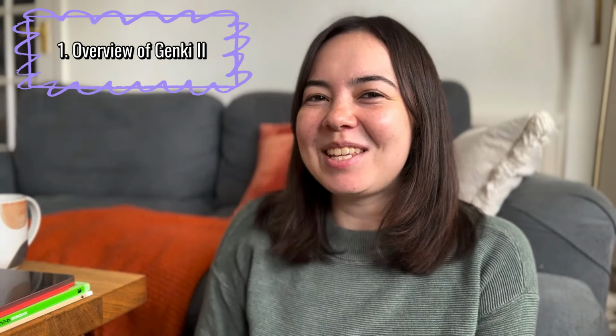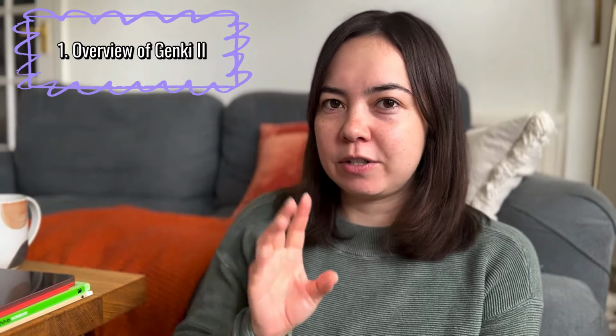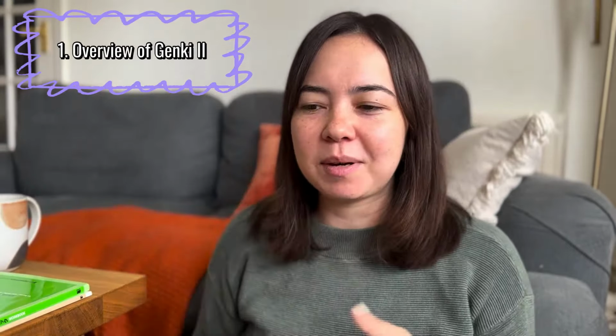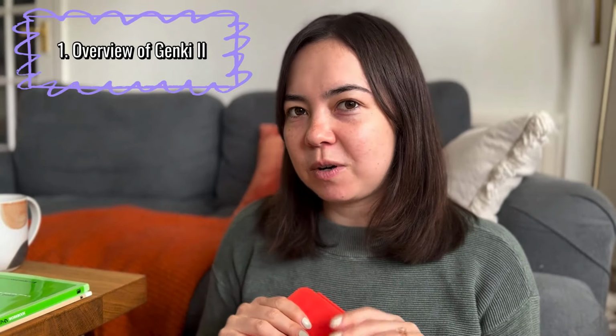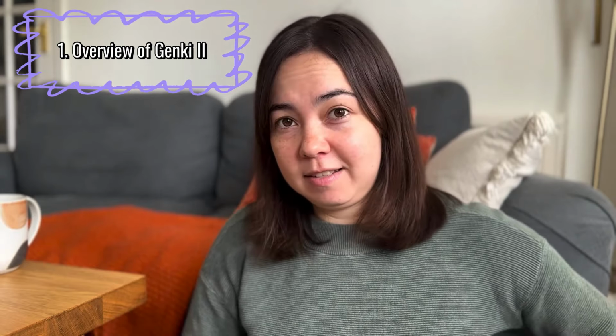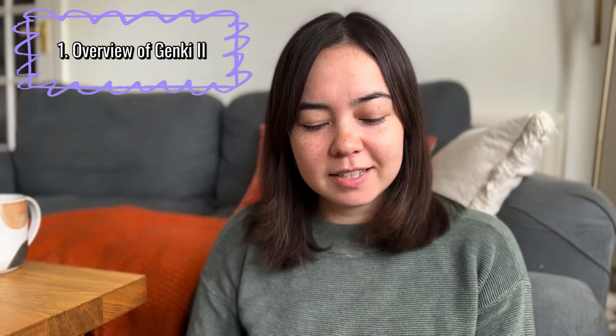Let's go. If you're following this and you're wanting to study Genki II, I'm going to make a bold, actually not so bold, assumption that you will have already studied Genki I. So you might actually already be quite familiar with the structure. I'll whiz through this. You have one main big textbook, which I actually have digitally on my iPad, so I can't really nicely show it to you, but that's your main book where all of the study content is in. Then you have a practice workbook where you can practice all of the study material in each lesson, and then you have an answer worksheet, which is both for Genki I and Genki II. Genki II overall has 11 lessons, which is one lesson less than Genki I,